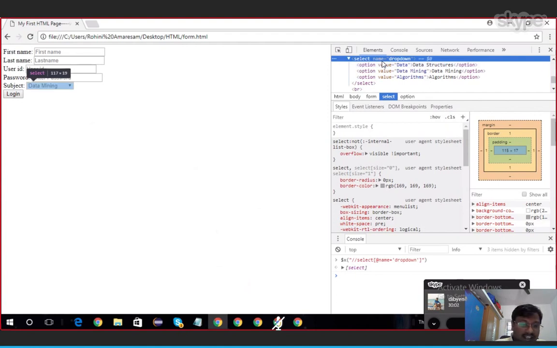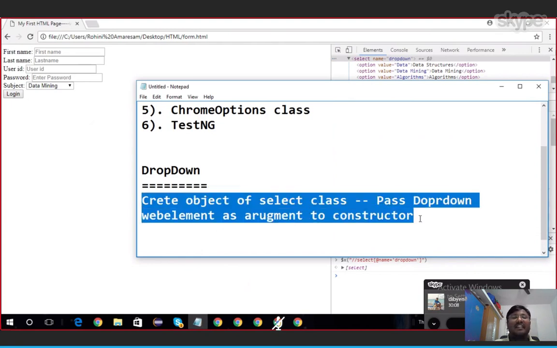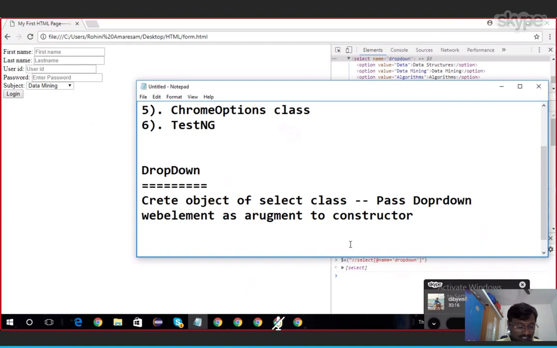If it has a select tag, then you must use this: create an object of Select. Otherwise it's not required, just a normal click. Find the element and click it. Got it?